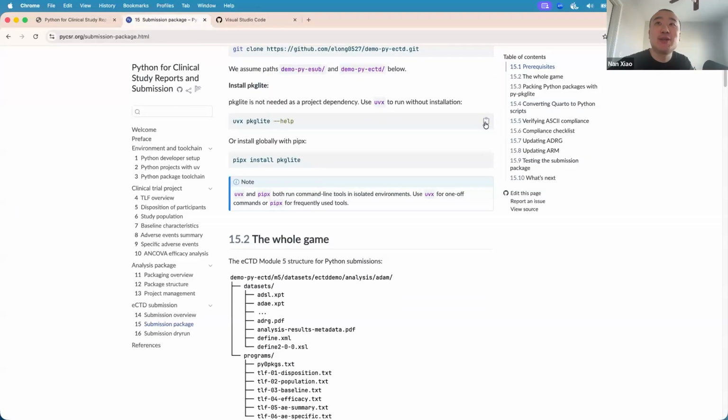As I mentioned, you don't actually have to install Packlite, although it's available as a Python package on PyPI. It offers a CLI interface. You can use this very easily in automations through the shell without actually having to code up things in Python, although it has a Python API.